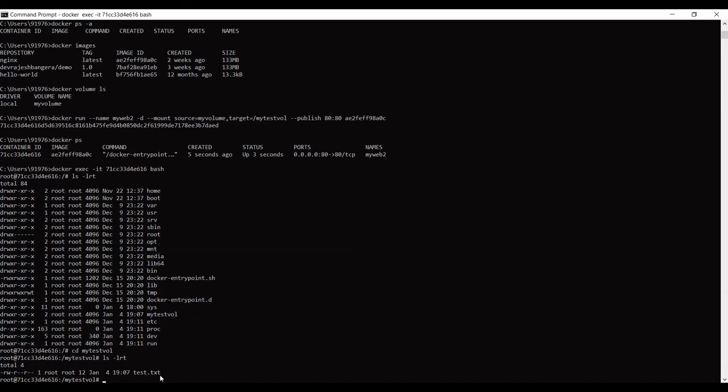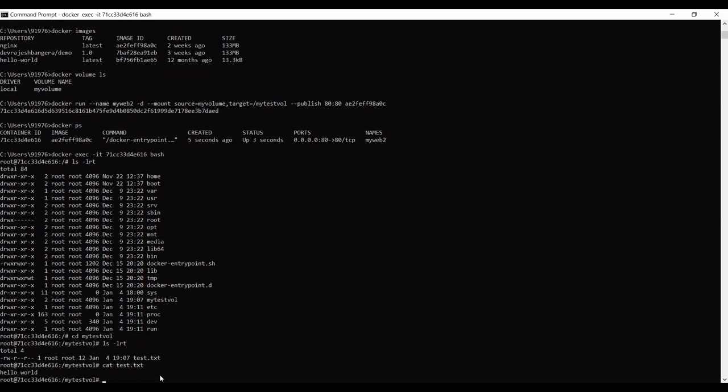It is totally independent of any of the containers, and we can mount a single volume in any container we want. So this helps to persist the data of the container. And here is the content of test.txt which we created earlier.